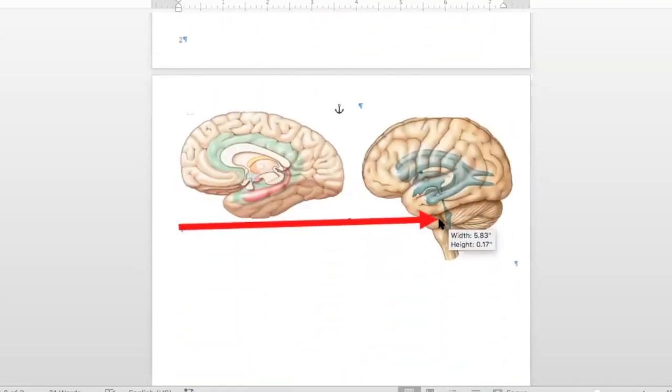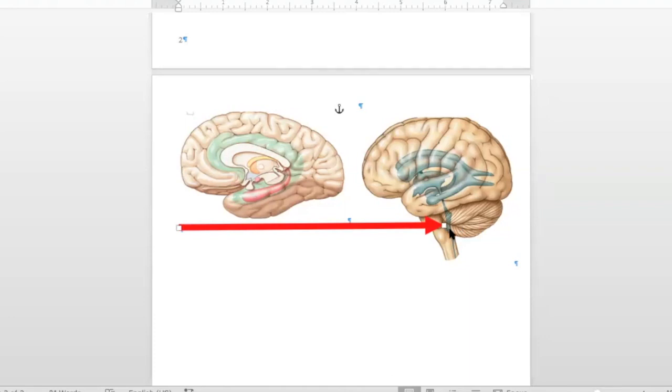Is that the choroid plexus? No, it's the 4th ventricle. Oh. The choroid plexus is right here in the back of the lateral ventricles on both sides. Mm-hmm. And then the fluid goes in between there, where this is in between the thalami on both sides, and then it goes down the cerebral aqueduct, and then it widens again, and they call that the 4th ventricle, and